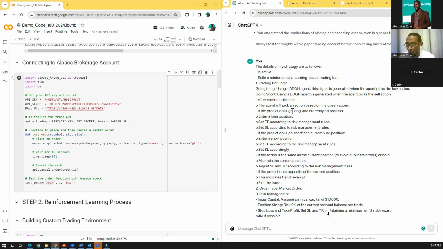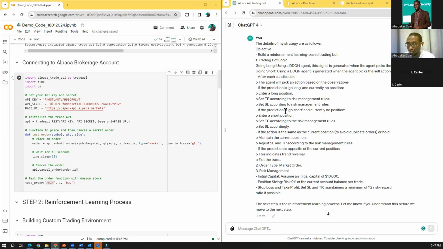If the prediction is to go long, so if the agent says go long, which means buy, and I'm not holding any position, I didn't buy anything, I'm going to enter a long position. I will set my take profit and my stop loss according to risk management rules, which I explained. If the prediction is to go short, and currently I'm holding no position, I'm going to enter a short position.